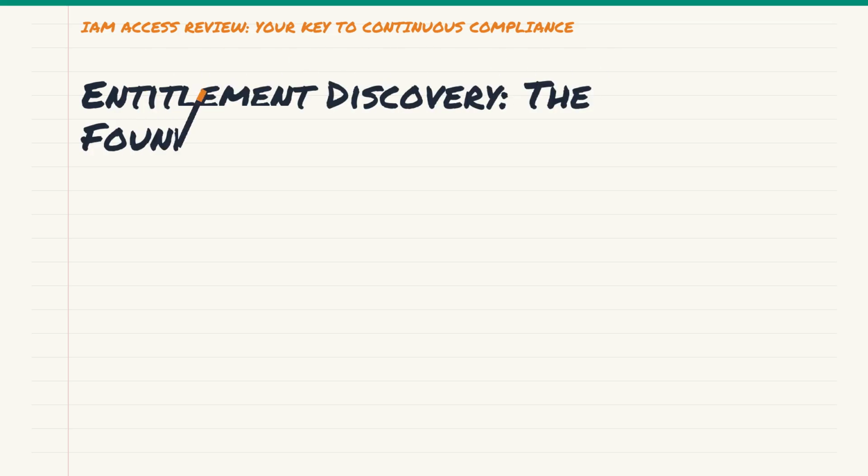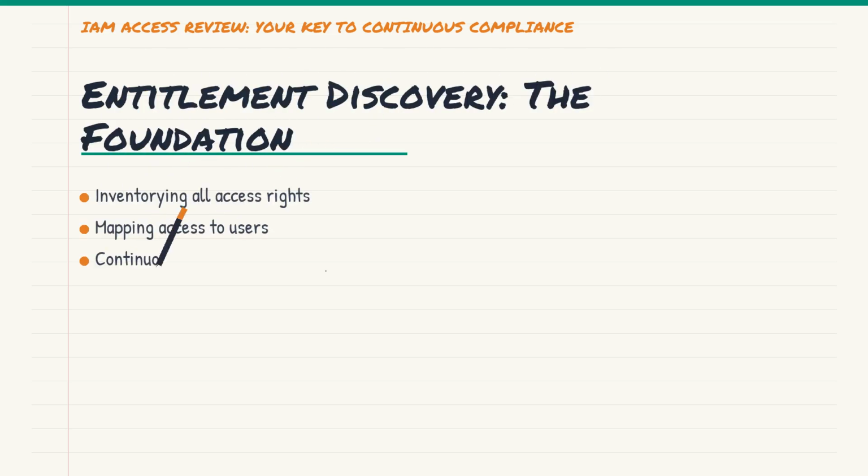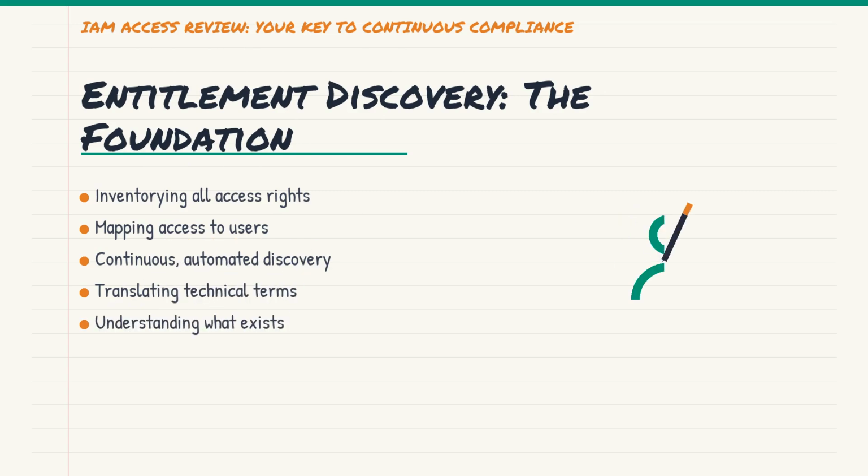Before we can review anything, we need to know what things people have access to. This is where entitlement discovery comes in. It's like taking a full inventory of all the keys and access cards everyone possesses. This isn't just a one-time snapshot, either. Think of it as an ongoing process, because access changes constantly. We need to collect this information from all our systems and applications and then map it clearly to the users who have it. Crucially, we want to translate that technical jargon into something understandable for the folks who will be